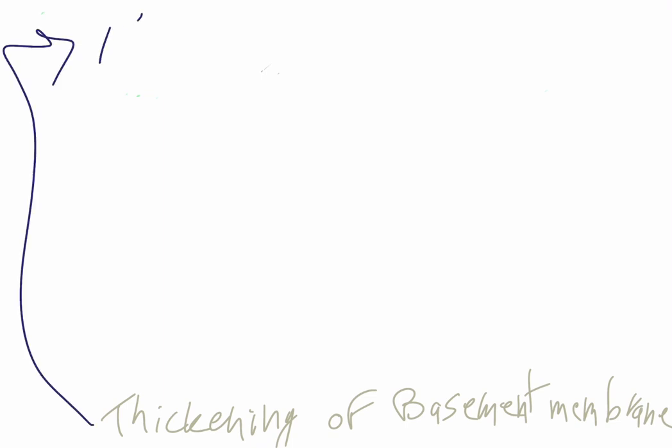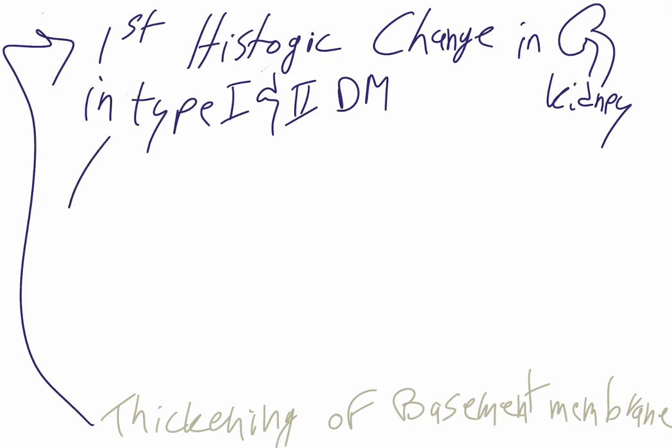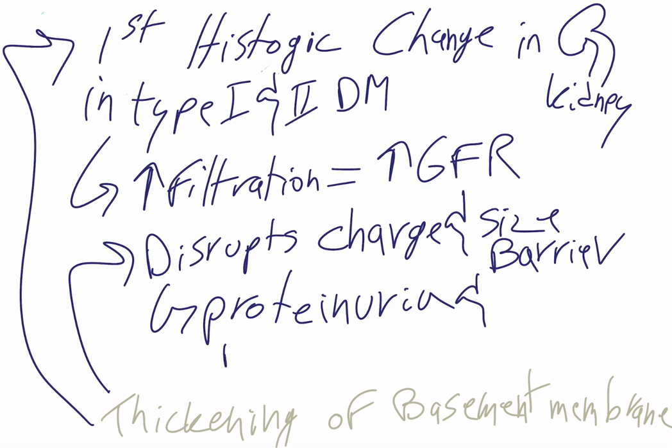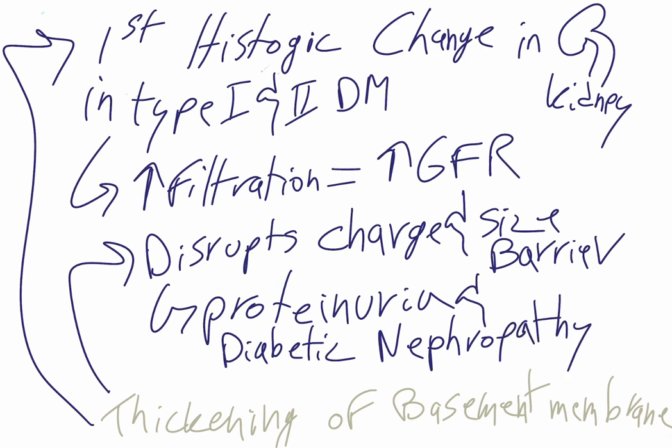And finally, thickening of the basement membrane. This is the first histologic change seen in the kidney, both in type 1 and type 2 diabetes. Another fun fact is if they were to ask you, what would be the first overall change in the kidney as a result of diabetes? The answer would be hyperfiltration. That would be an increase in the GFR. That's pathophysiology. However, a histological change would be basement membrane thickening, which disrupts the charge and size barrier leading to